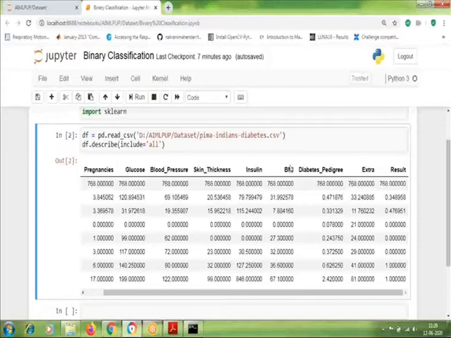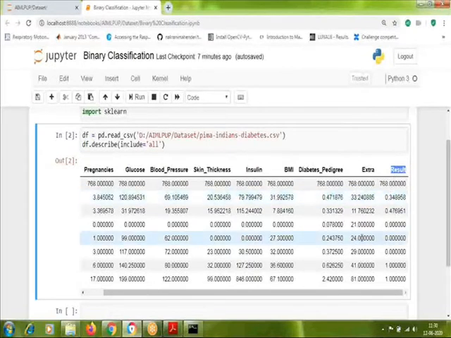So from these features, or from these independent variables from pregnancy to extra, we are going to predict what the result will be. That is what machine learning is all about.